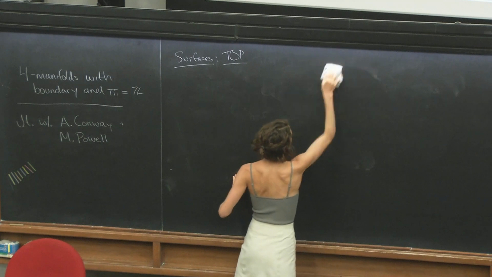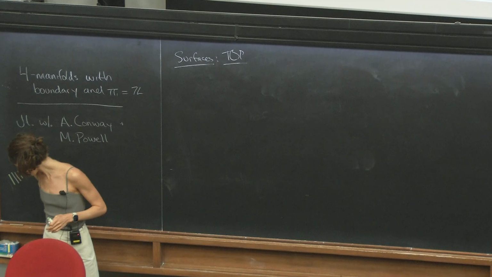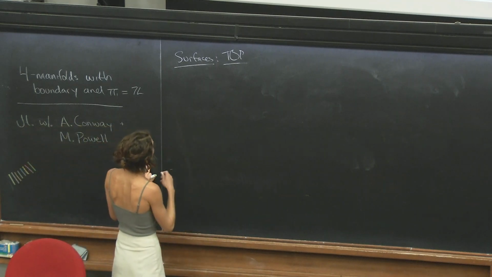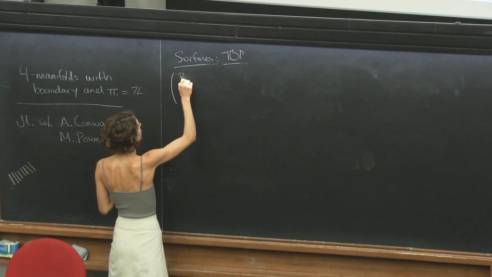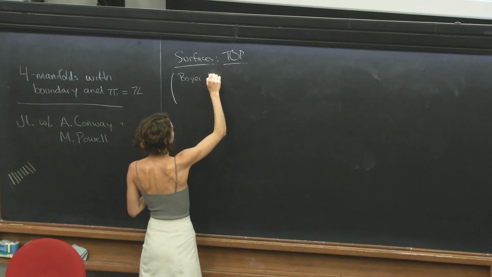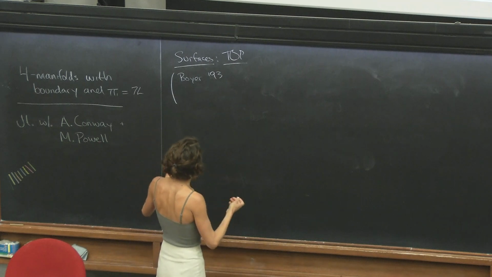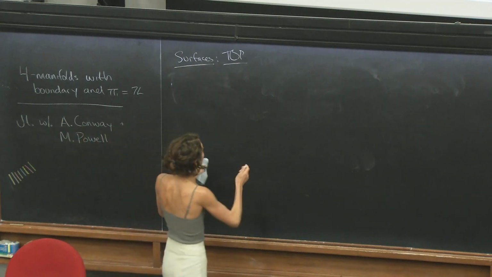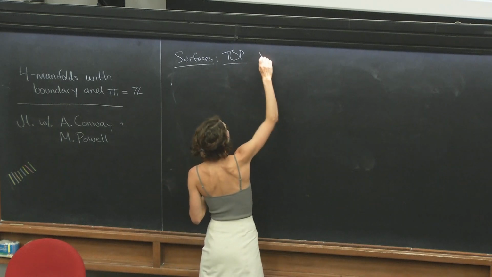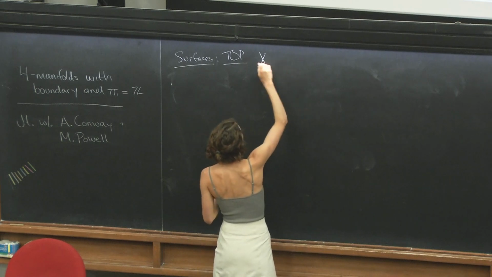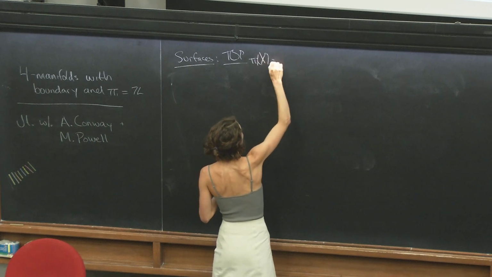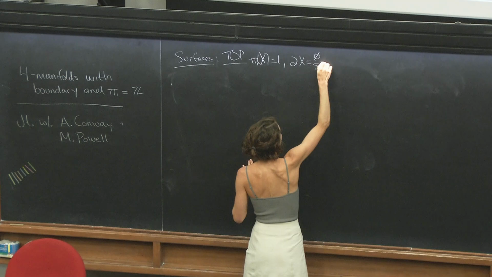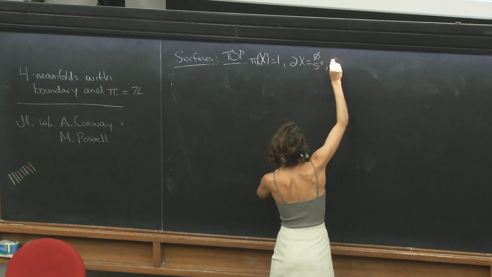So then again, I'll start in the topological category. And here, as I said in the beginning, we again have classification theorems. So Boyer's work gives a classification of, oh, sorry, let me give a whole bunch of setup before I get going. So the setting we're always going to be working in when I talk about surfaces is that X is going to be a topological manifold with pi 1 trivial. The boundary of X is either going to be empty or S3. All of my surfaces are going to be proper.